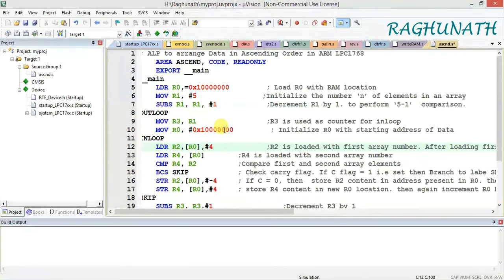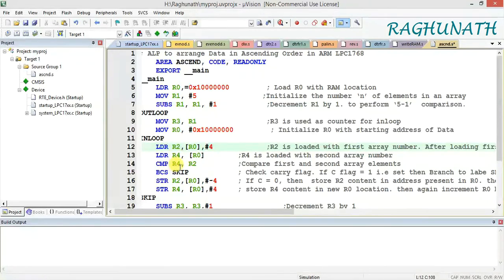So you are going to get 0x10000004, and the 0x10000004 content will be transferred to R4. So that means you have taken the first data in R2 and the second data in R4. You can choose any register you want. R2 and R4 are not used otherwise here; we've used R0, R3. So you can choose other registers. So you have taken in R2 the first number, R4 the second number.